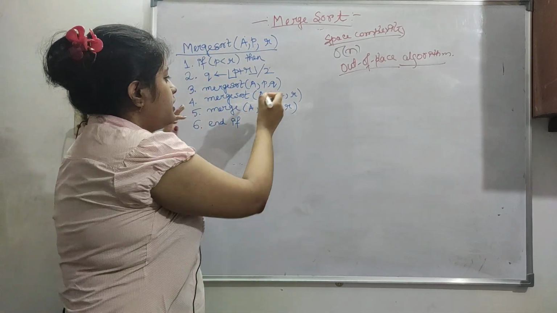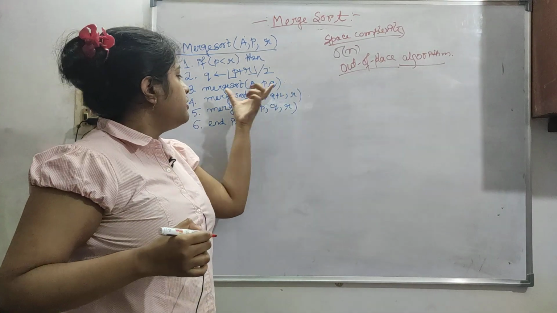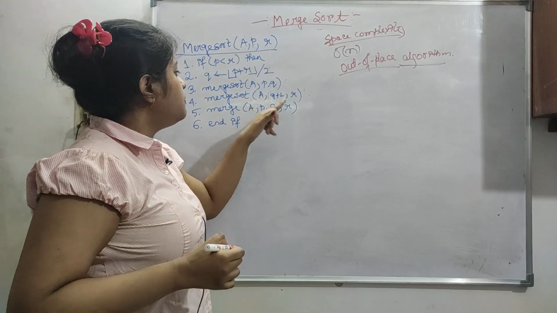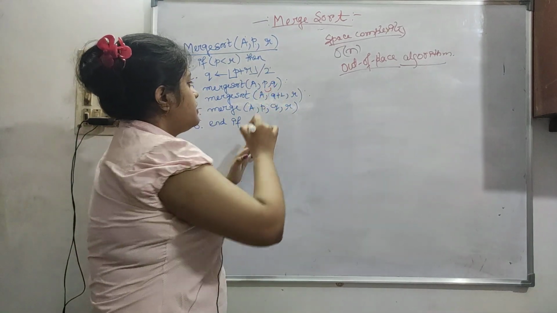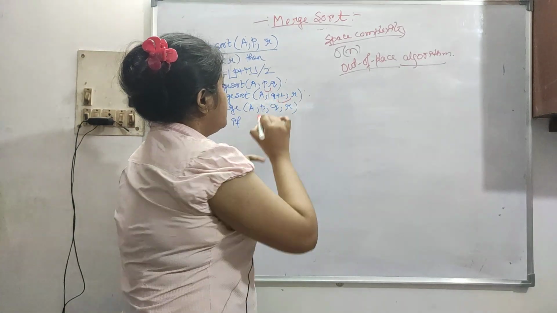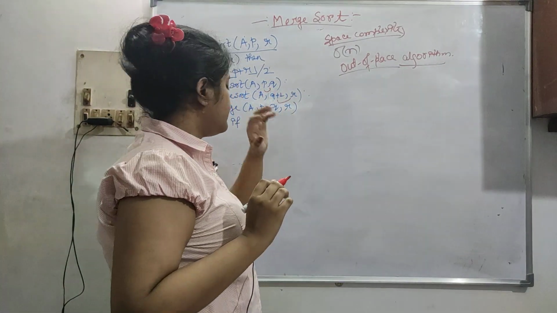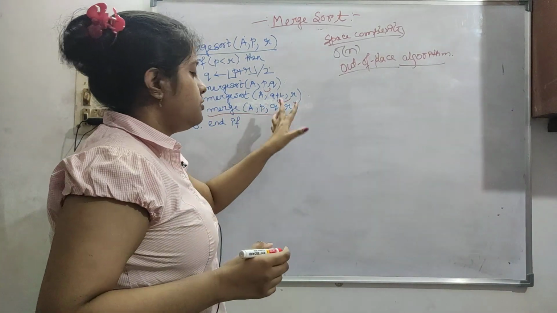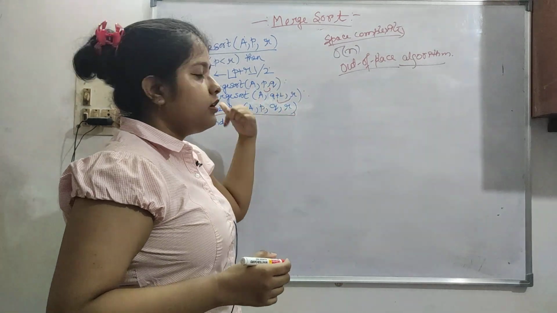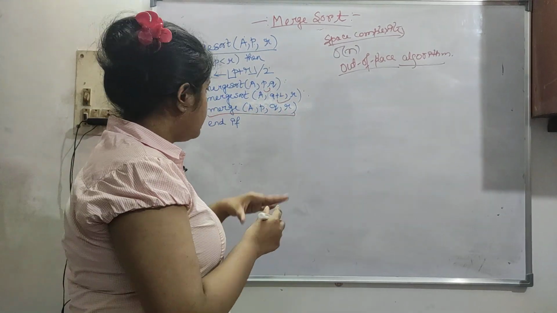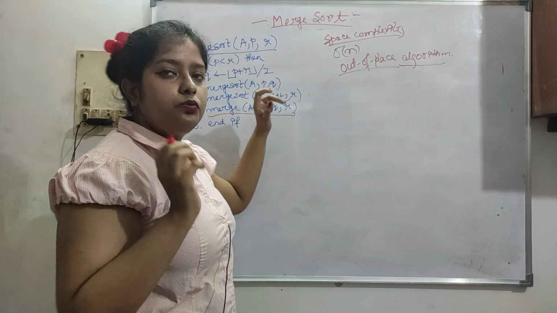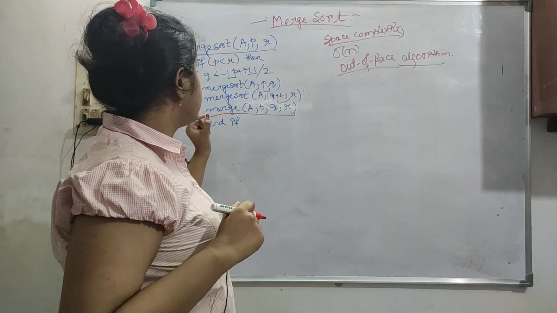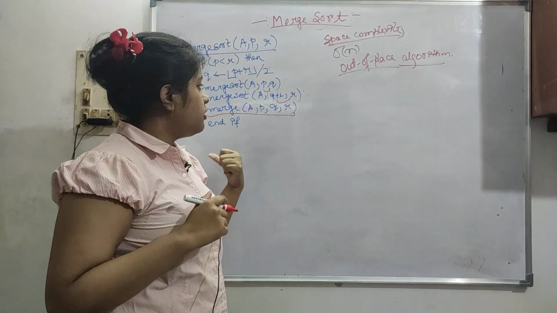Then merge sort, this is a recursively calling function, merge sort of A, p, q, then merge sort of A, q plus 1, r. So from p to q the first list is running, and then q plus 1 to r our second list is running. Now this is actually the merge procedure, which we have already seen, and it is just called. So merge sort will be called 2 times, the list will be broken and merge sort will be called inside the 2 lists.